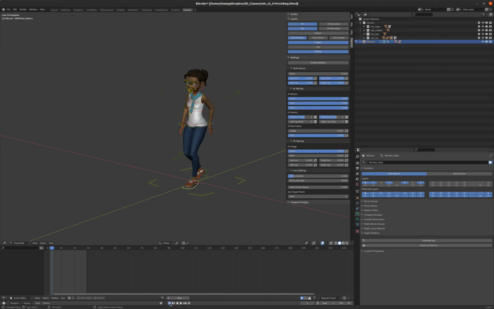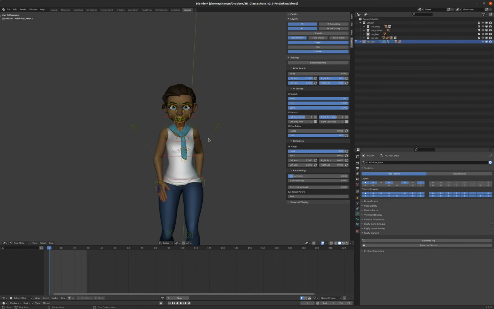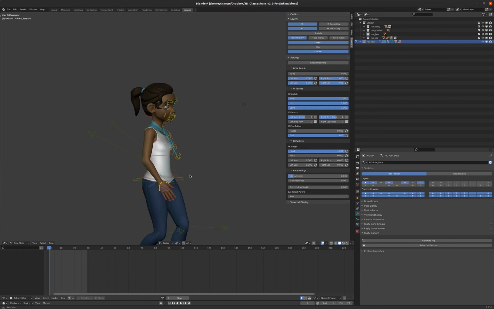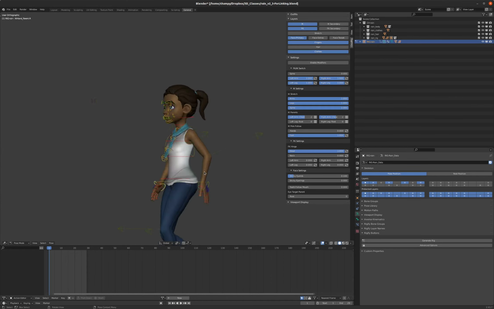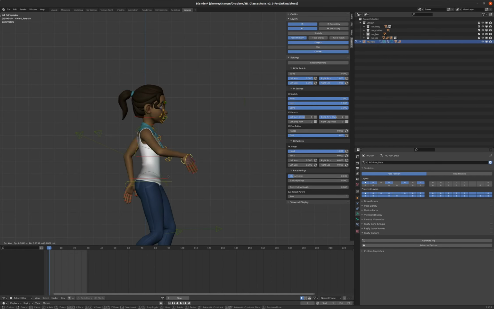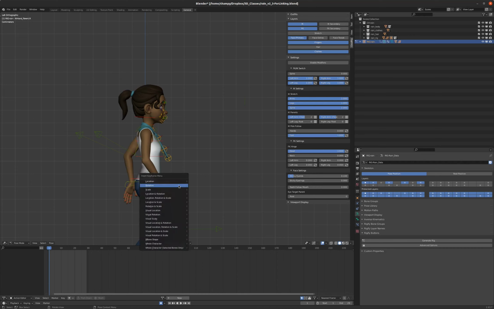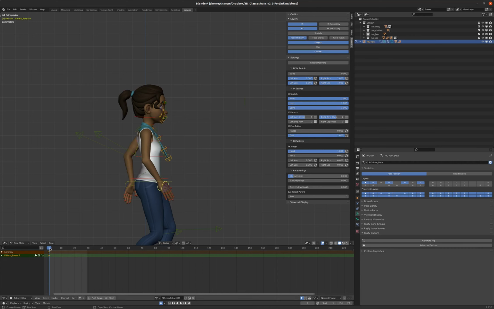All right, so next I'm going to make a couple of other action strips really quick, and they're just going to be simple, easy action strips. So I might make one for the arms, for instance. Well, let's turn on our auto key here actually. And I'm going to just set a location and rotation keyframe down here. And then maybe after 15 frames, we're going to have